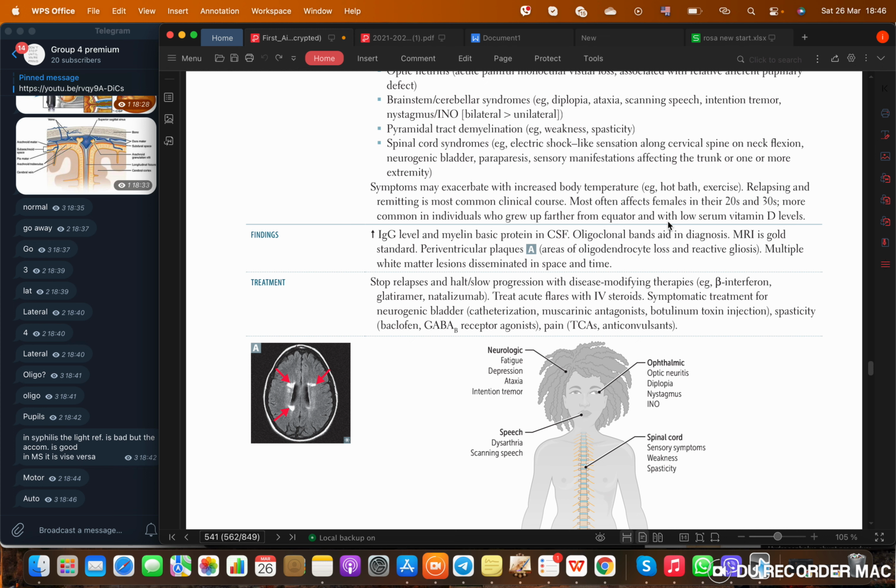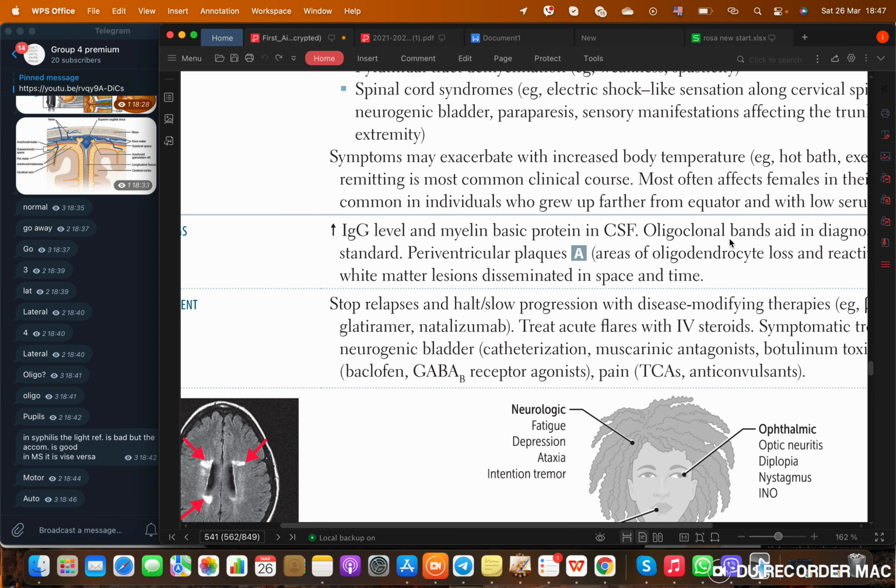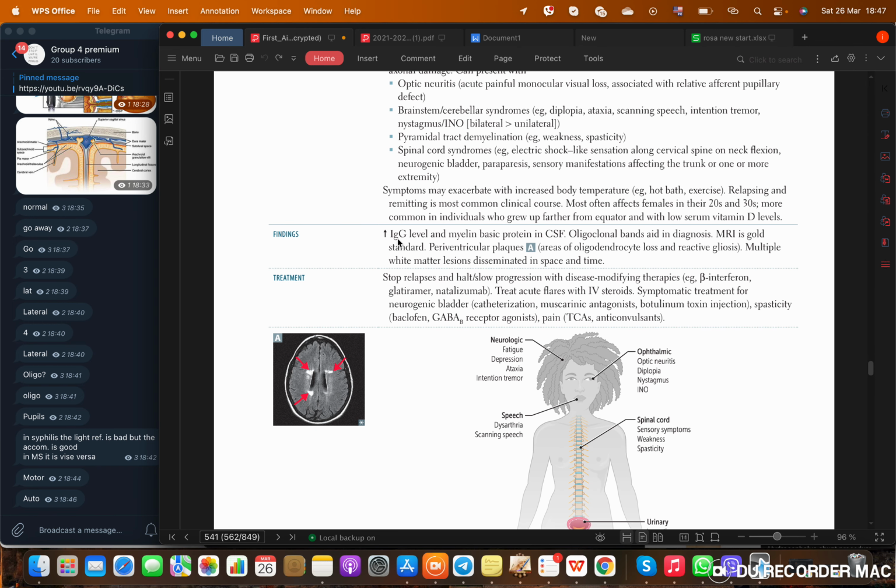The findings include the following: an increase in the IgG level and myelin basic protein in the CSF. So what occurs in these patients is the following. If you check their CSF, they will have a lot of proteins in it. And also they will have bands. If you have oligoclonal bands, which is a type of protein, inside of the CSF, you are done. You have a diagnosis. However,